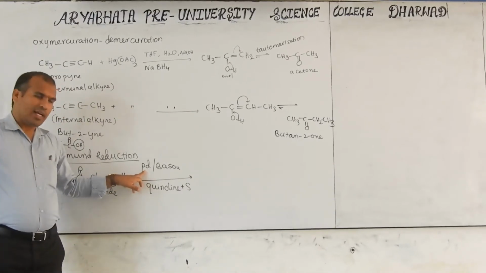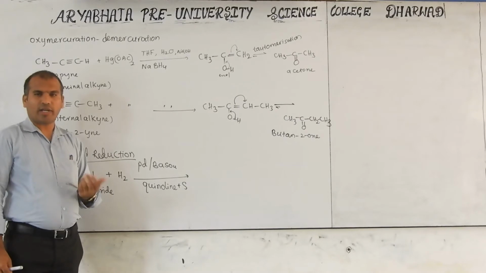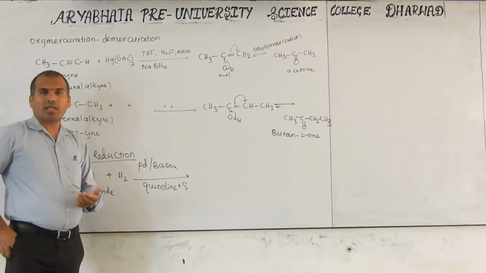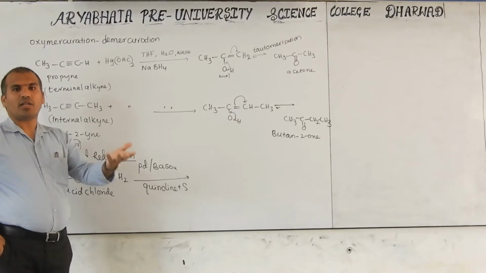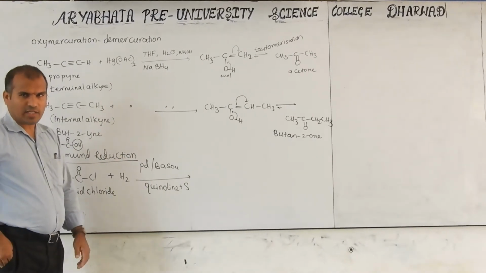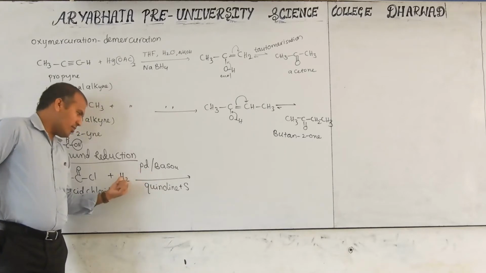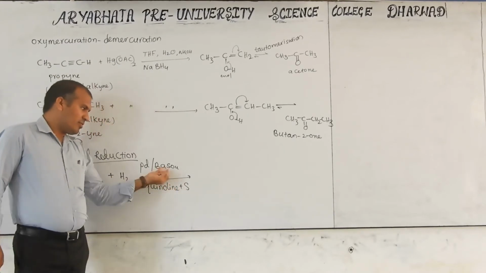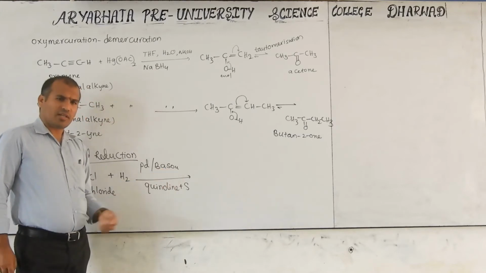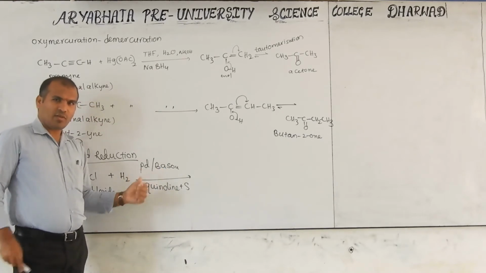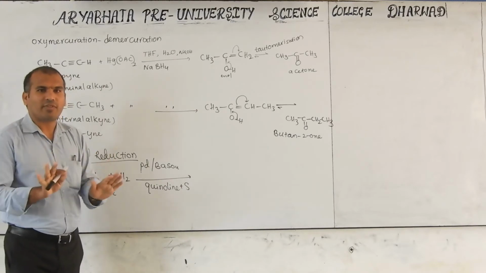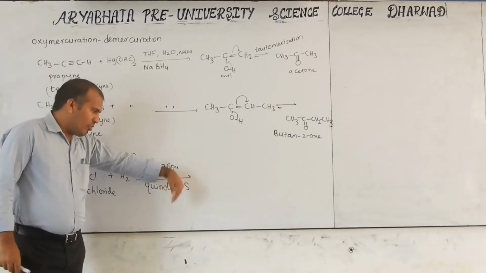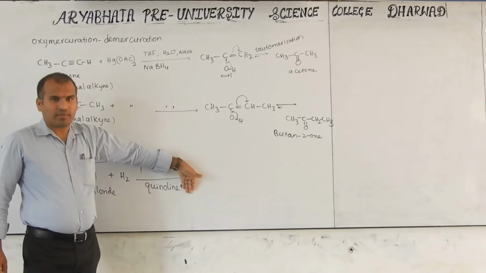Why are we using this? It reduces the activity. Actually, palladium is a good reducing agent. You may have studied nickel, platinum, palladium in the first year: alkyne converted to alkene, alkene converted to alkane. That is called the Sabatier-Senderens reaction. So it is a good reducing agent when you use palladium and hydrogen. So why are we using this? It is called a poison to this catalyst. Poison means it reduces its activity here. If you observe, in some books only xylene will appear.